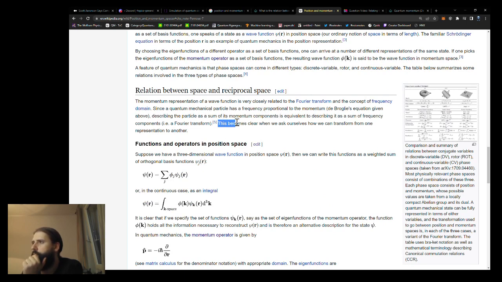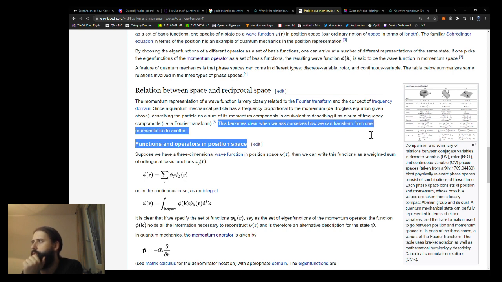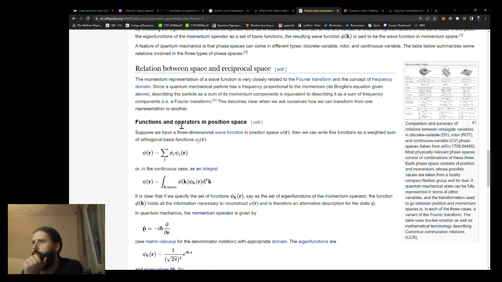So this becomes clear when we ask ourselves how we can transform from one representation to another. And this is where I feel like they're missing stuff. Suppose we have a three-dimensional wave function in position space, then we can write this function as a weighted sum of orthogonal basis functions. So far so good. It is clear that if we specify the set of functions psi_k(r), say as the set of eigenfunctions of the momentum operator,